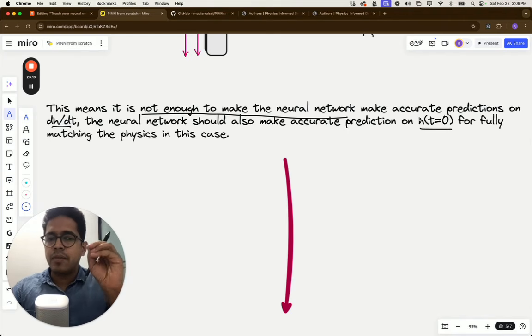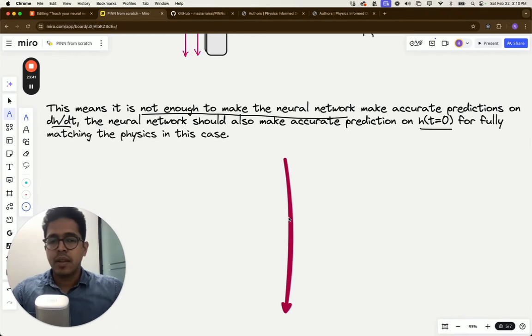We want the neural network to make predictions such that a predicted value of dh by dt, which we will come to in a moment, should be same as the actual value of dh by dt described by the ordinary differential equation. And not only that, we also want a predicted value of initial condition provided by the neural network to be very close to the actual initial condition, which is h of t equal to 0, whatever was the